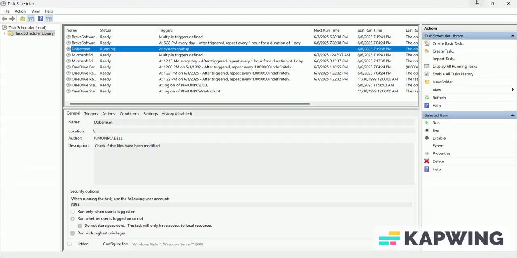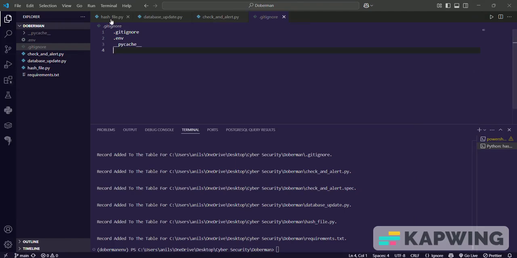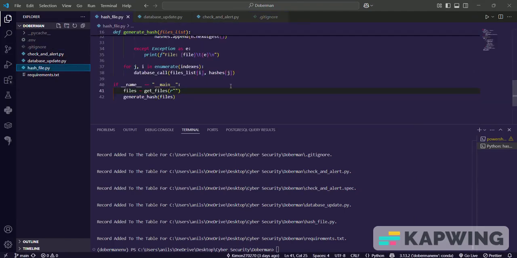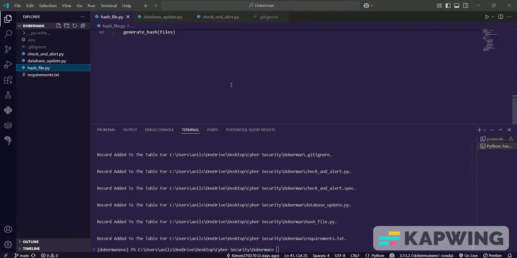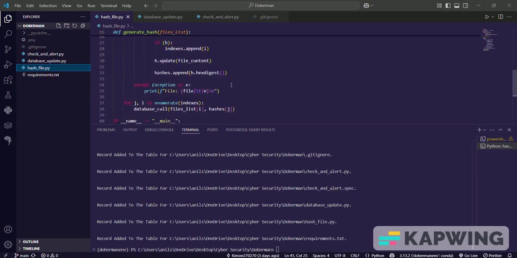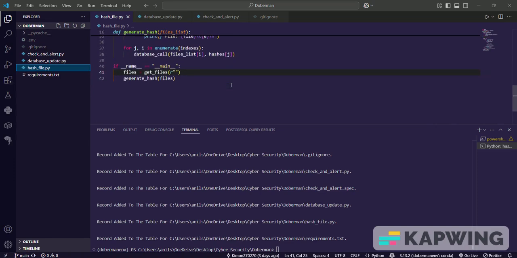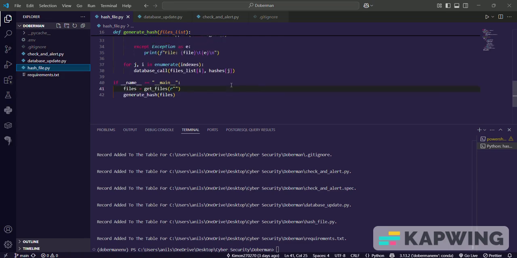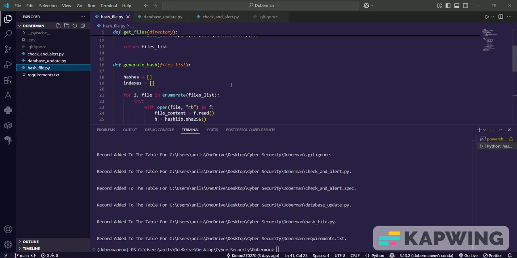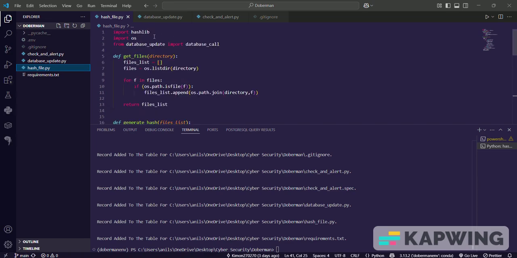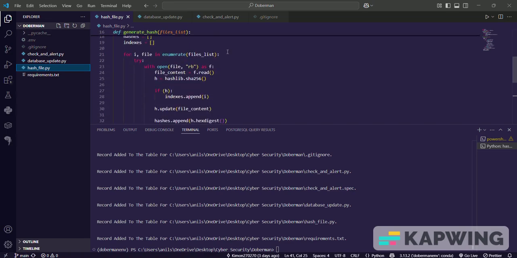How the code works. I'm just going to give you a brief explanation of what each of the three files does. The hash files: what it does is take a directory name, the path of the directory, and list all the files over there. And after it gets all the files, it will generate the hash of the files using the hashlib library. So once that is done,